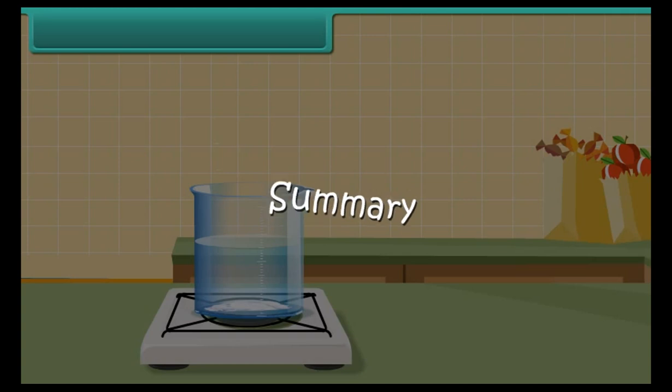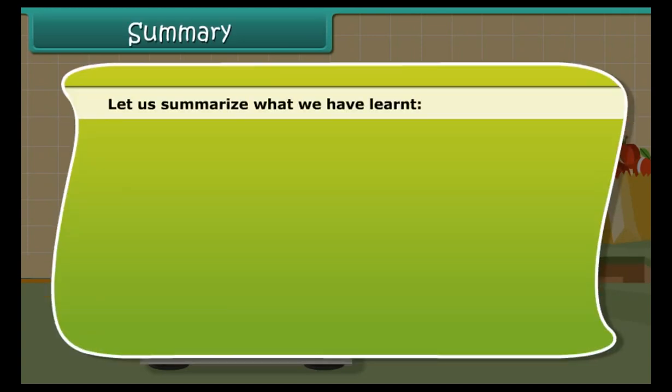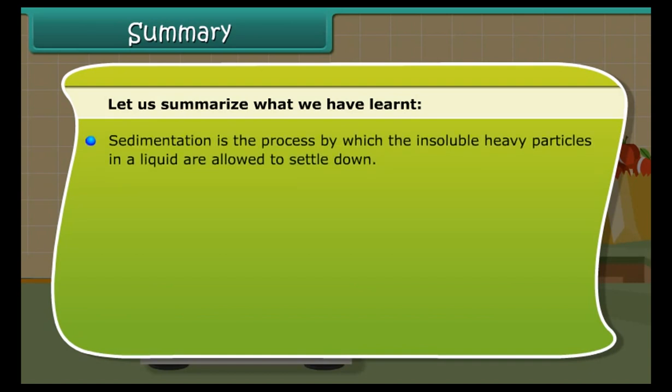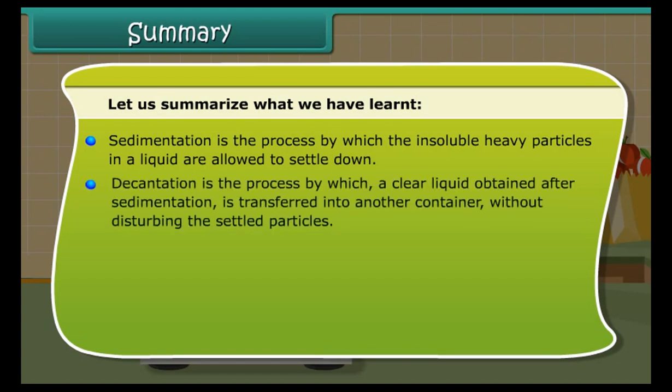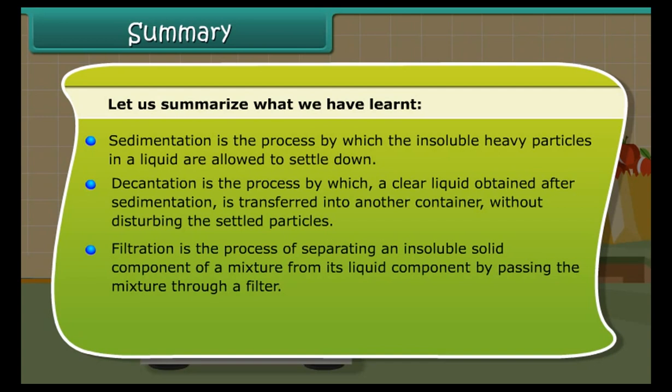Summary. Let us summarize what we have learned. Sedimentation is the process by which the insoluble heavy particles in a liquid are allowed to settle down. Decantation is the process by which a clear liquid obtained after sedimentation is transferred into another container without disturbing the settled particles. Filtration is the process of separating an insoluble solid component of a mixture from its liquid component by passing the